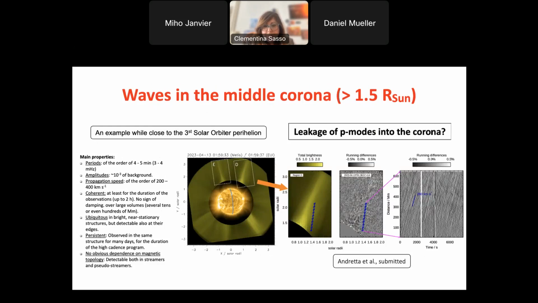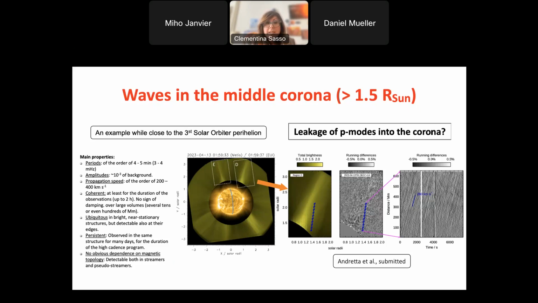There is a paper from Andretta et al. that is under revision. It was submitted, and he is able to see some waves or density oscillations in the corona. And here are the main properties of these oscillations. And the author infers that maybe there can be leakage of p-modes into the corona, but this is still under discussion